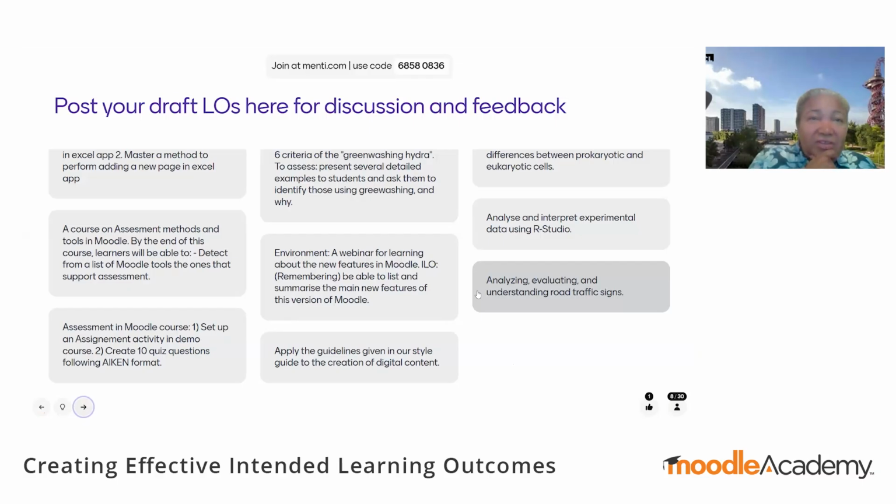So here the outcomes are very specific to a task, especially number 2. What you want to do in an outcome is think about what it is the student will be able to do